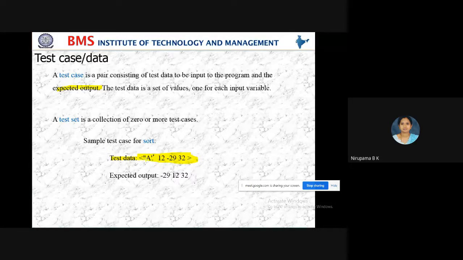To test the data, what is the meaning of A? The meaning of A is the output should be in ascending order. And the numbers are 12, minus 29 and 32. And the expected output is